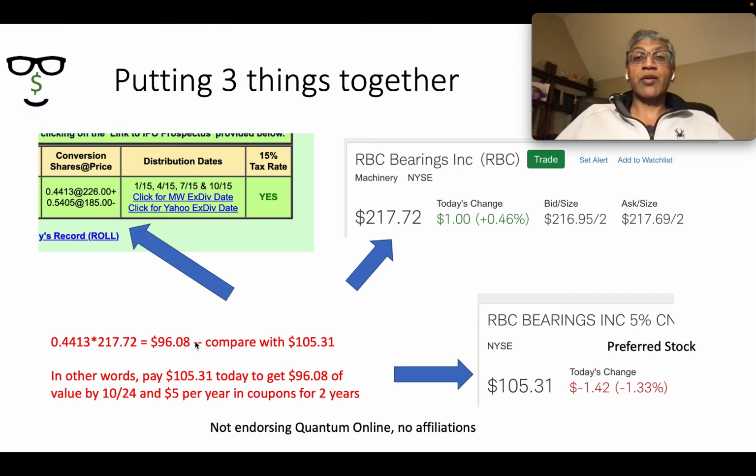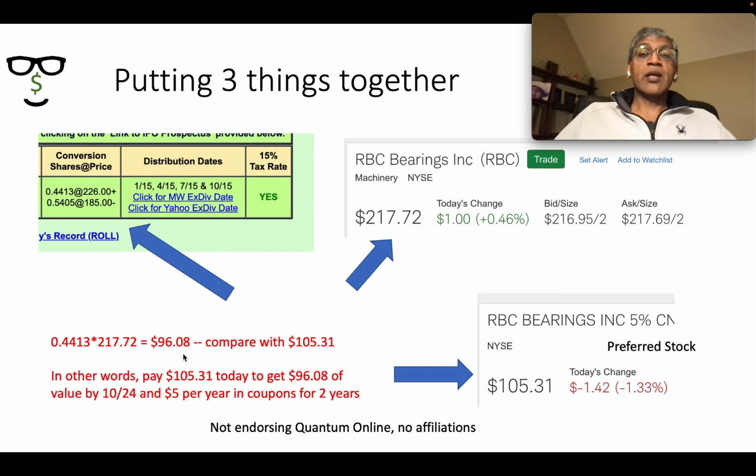It's not 5% every 3 months, it's the annualized 5%. So it's 1.25% every 3 months or 5% in total. And that is what this particular preferred stock would pay. And so you have to decide whether it is a right equation. Will you pay $105 today to make the net effect be $96, converting it into equity at the end of